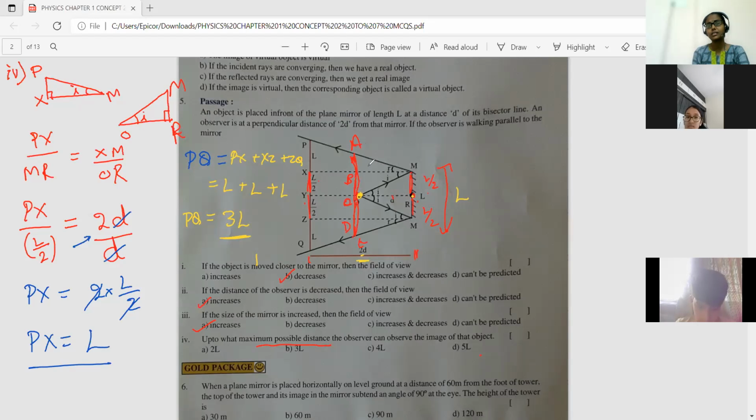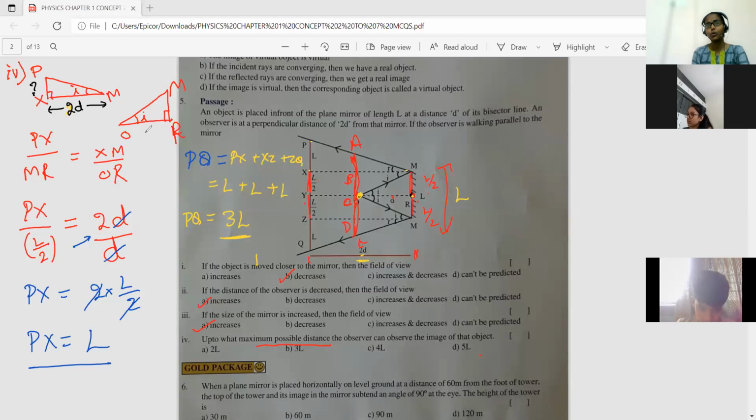For that, you have to use a little geometry. Just denote all the labels and see from the figure. You just draw it and you can take here PX. First, the triangle PXM, this is one triangle I just considered. And you know here the X to M distance is given as 2D, from here to here, because the person is standing at X and the mirror is at this distance. So the distance 2D is given here. And the P to M distance you need to calculate. What is the distance there? PX is your question mark. And here O to R, you can observe, I have taken one more triangle which is isosceles to this triangle.